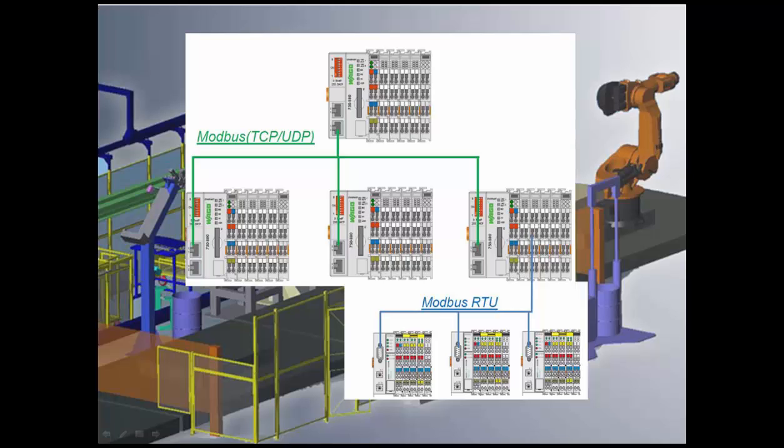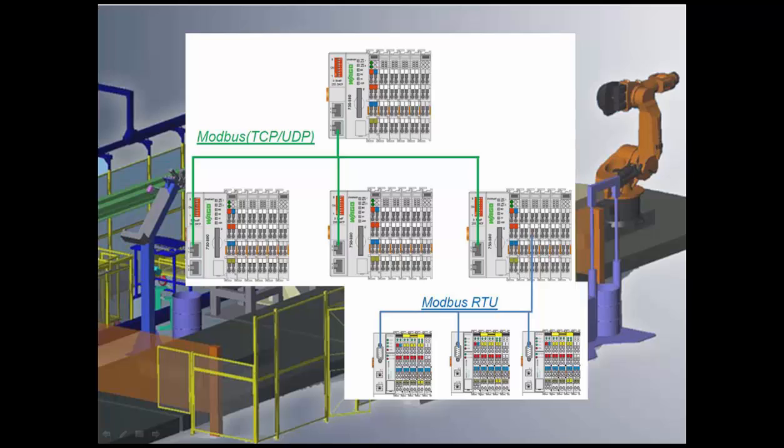The Modbus Master Configurator can simplify the Modbus network configuration within the project, connecting WAGO devices to other devices, whether they be other WAGO drops on the network or third-party devices, using the controller as a Modbus master. We can use either Modbus TCP or UDP with this. You can see in the graphic that you can also set up a Modbus master with Modbus